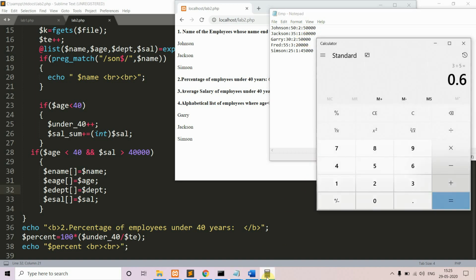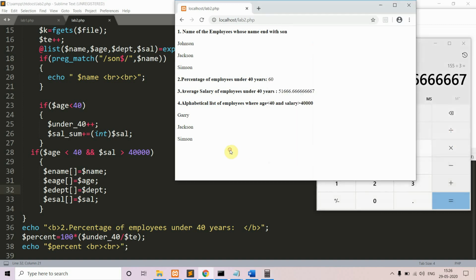So you can see 45, 60, 45 plus 60 plus 50. You get around 1,55,000 divided by 3.